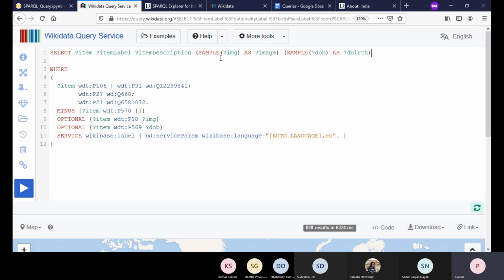Now, in order to use this sample function, where are you sampling? You have a particular item, and for that item, you have multiple images, and you are trying to find one image out of that. For that, you are using one aggregation function, which is sample over the set of images bound with this image variable for one item. As they are an aggregation operation, we need to group or partition the data based on the item. So basically you have one cricketer, and for one cricketer you have got multiple images and you want to find one out of them.